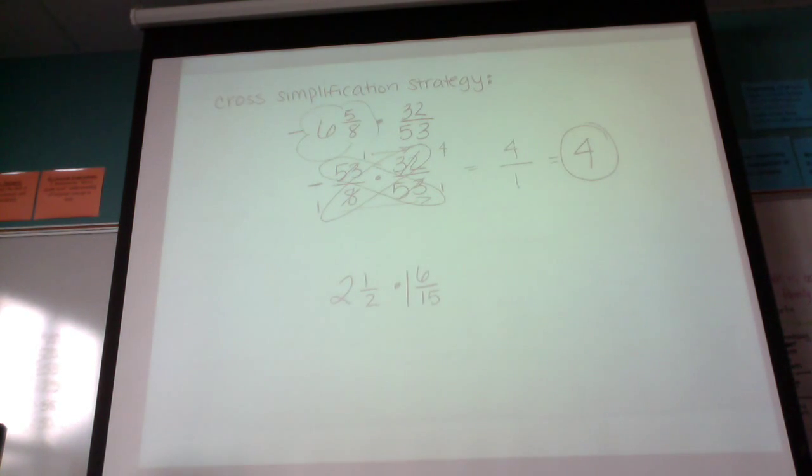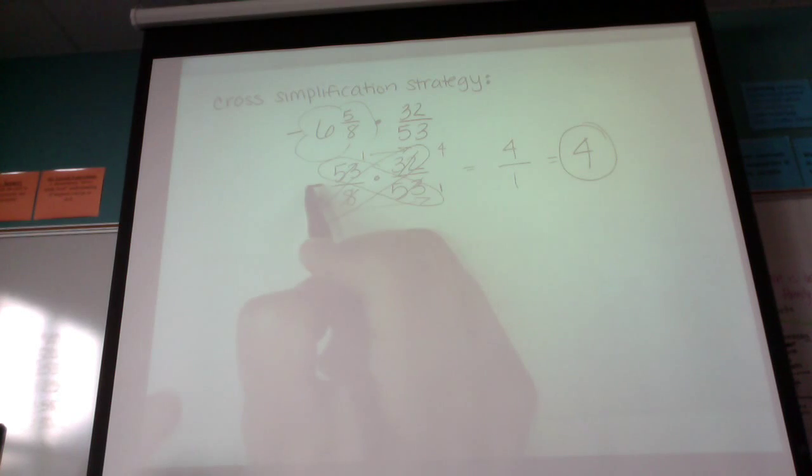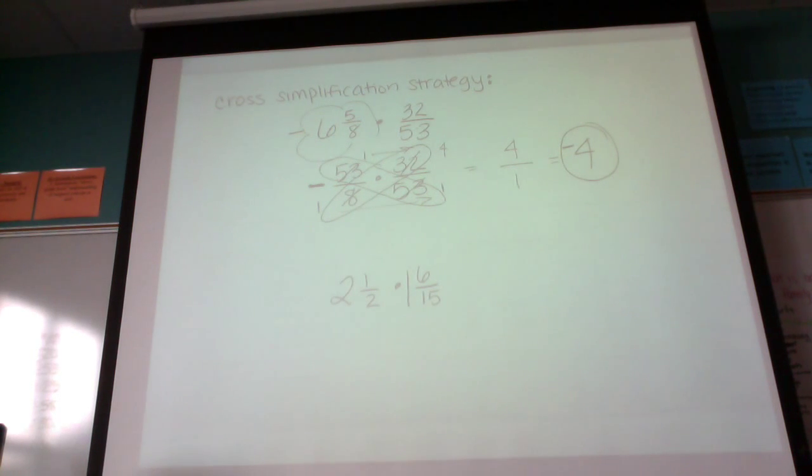So cross simplification can save you some time, especially when you're working with large numbers, and you don't have to play the game of dividing over and over again when you're simplifying if you can't identify that greatest common factor first. Oh, and what did we forget? Hopefully you can see that we forgot this negative sign. A negative times a positive is a negative, so my answer would have to be a -4. So just go back and make sure we're applying our integer rules, even though we may be working on fractions